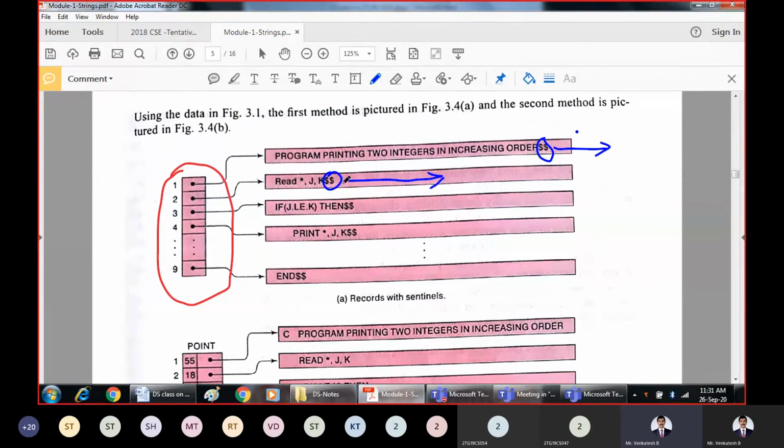Because if you are not using this end of the string marker, there may be around 30 blank spaces, and then we have some record here, say A, B, C. That means unnecessarily you have to read 30 characters. So for that purpose we indicate $$, saying that is the end of the string. No need to search for the remaining length of the record. Similarly here, every record is indicated by the $$.